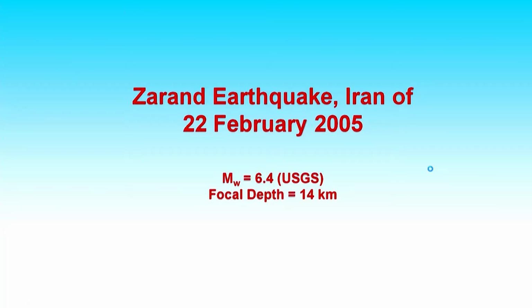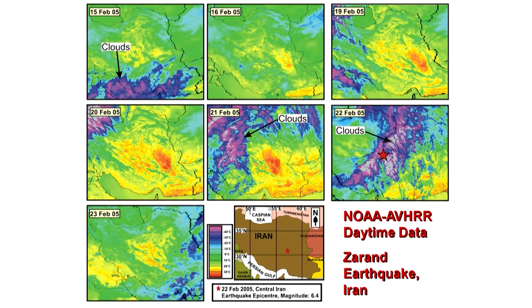We will take another example of pre-earthquake thermal anomalies which we have detected very clearly in our own data sets which we acquired from NOAA AVHRR satellite. This is known as the Jarand earthquake of Iran, which occurred on 22nd February 2005. Again in time series data, we see a build up of anomaly. It reached the maximum on 21st February 2005, and unfortunately on 22nd, the day when the earthquake occurred, there were linear clouds. Things started becoming normal, but in between the earthquake occurred.